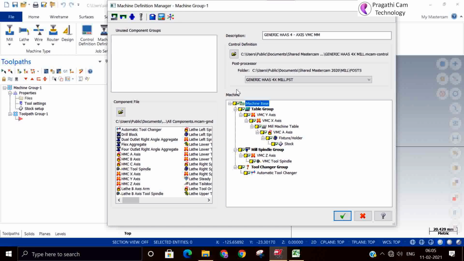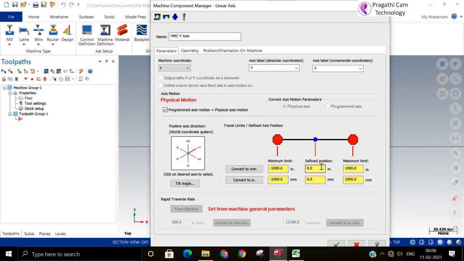If you want, you can change it here. If you want to add some components, all the components are here. You can see here. If you want to make a new machine, you can add it. For example, I am just trying to add. You can add it below the spindle here. So now just add, just pull and push only, nothing. All properties you can see. And this is y-axis. All information is given.